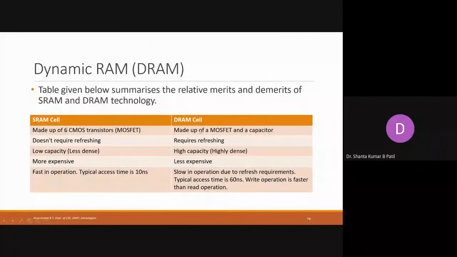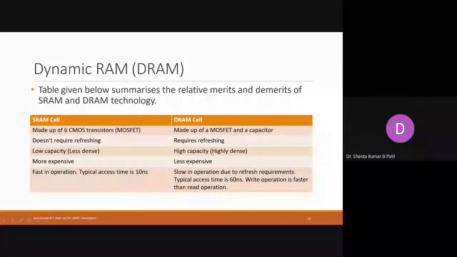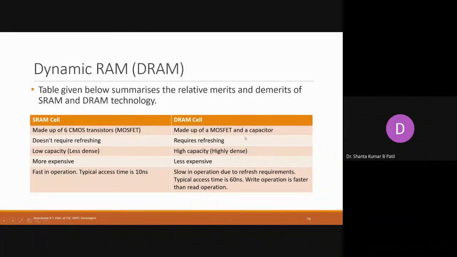All in all, the DRAMs are the best, except that we require an extra refresh circuit, because capacitors are used to store the information or the data. Even though the power is there, there is a chance of leakage of the capacitor due to the resistance and capacitance of the circuit. So in order to retain, some threshold has been fixed.